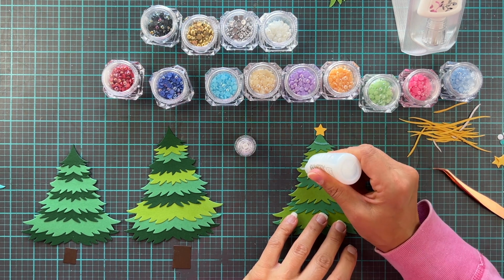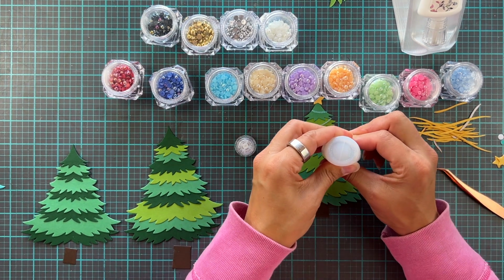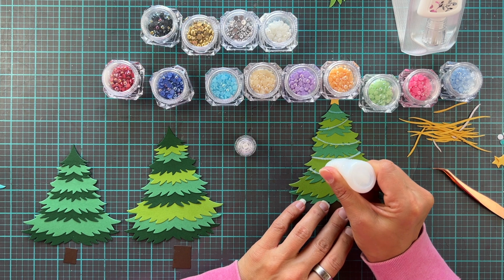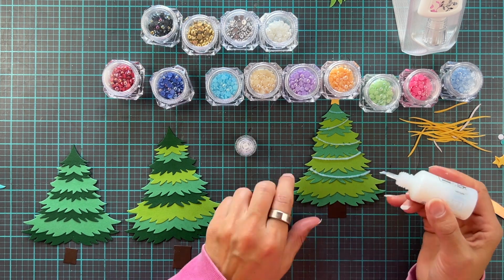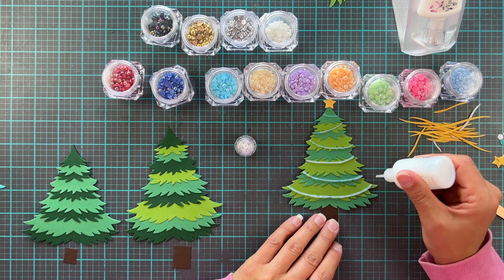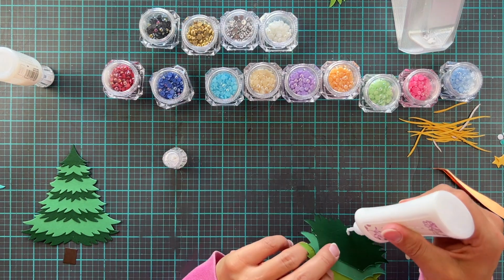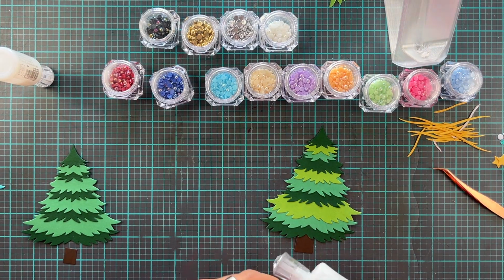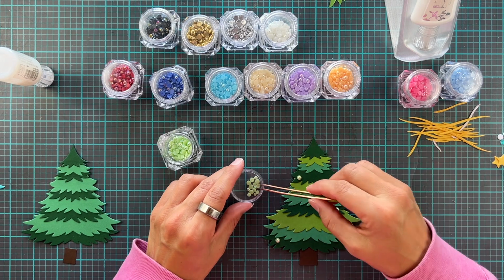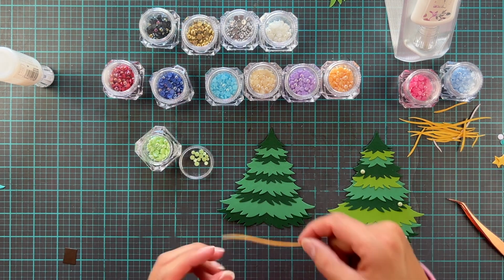So we are going to get back into this. Those little extra bits and pieces that you saw, there's string or tinsel, I guess, depending on what you cut it out of. There are baubles, there are stars, there are little trunks or pots for the trees to go in. I've added, well, not to all of them, but I will to most of them anyway, a little trunk, and I will add some of those yellow strings. And I just used the Nuvo glitter drop stuff on the tree that I've put out of frame to let it dry, because you don't want to mess with that while it's drying. And then on this one here, we're going to use a lot of bling